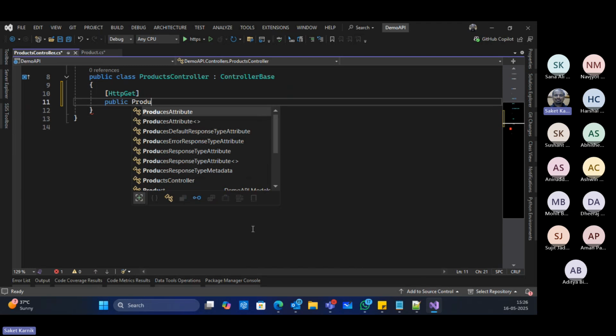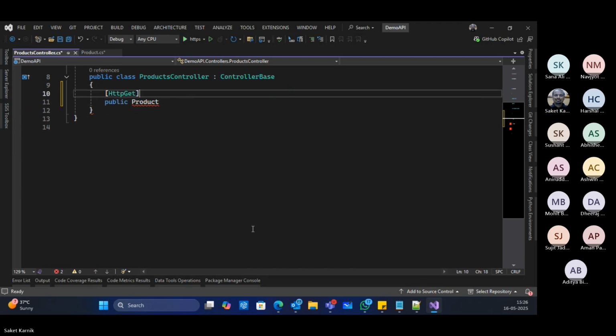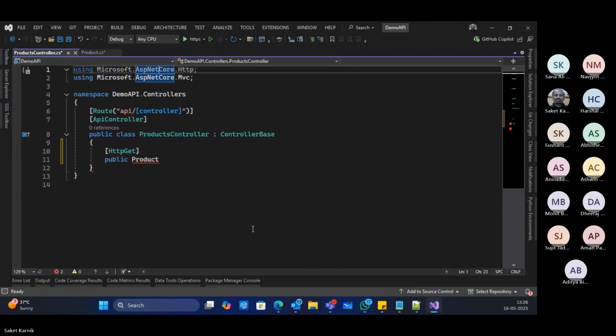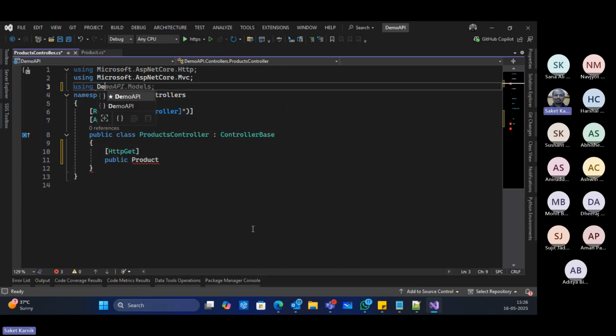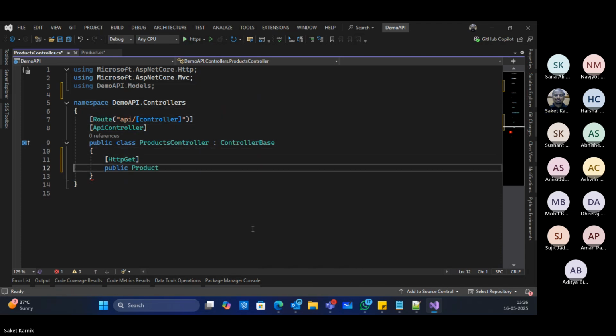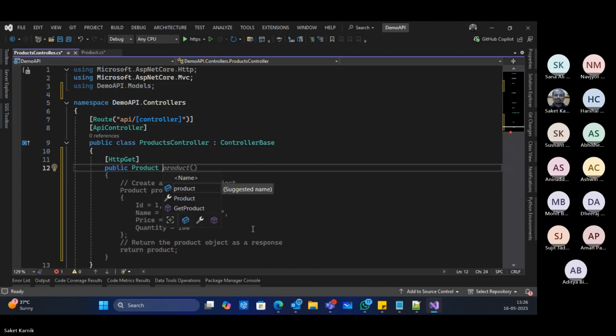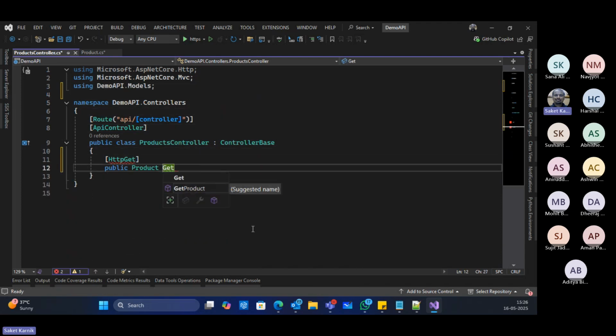I'm looking to return a product. I need to add using statement for demo API dot models. Okay, product, and I say get product is the name.